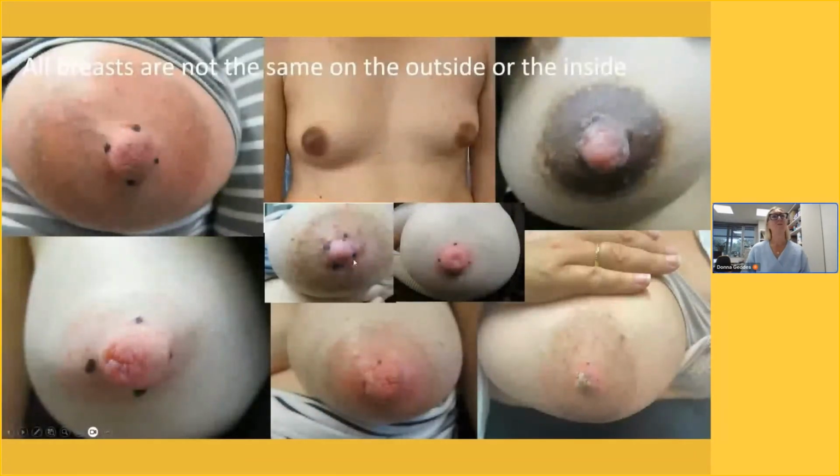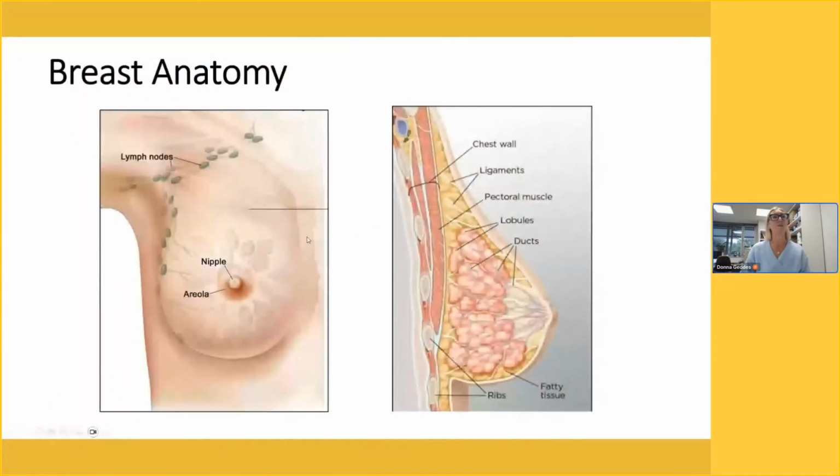I need to not remind you that all breasts are not the same, either on the outside or the inside. And really, the outside of the breast does not indicate what the anatomy is like on the inside. So still breast diagrams depict breast anatomy in a way that we don't fully understand, or recent studies have actually redefined this anatomy. So you can see here in a front-on view that there's lots of lobes, 15 to 20,